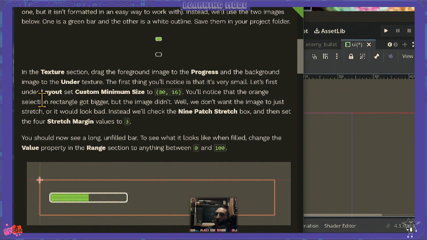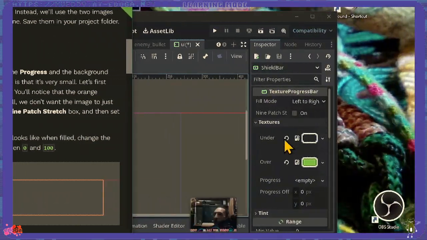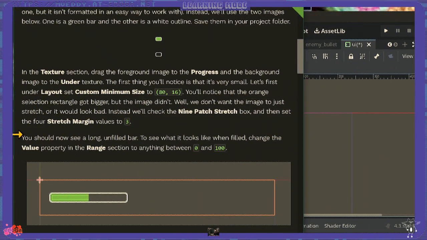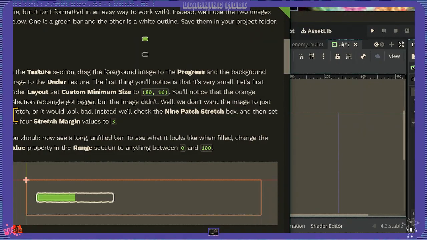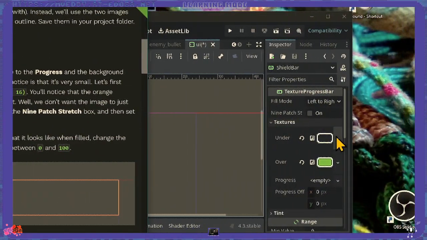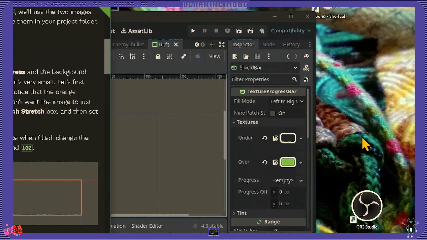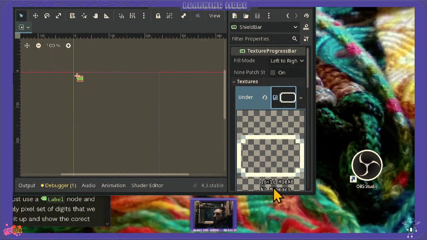Let's first, under layout, set custom minimum size to 80,16. Under, no. Background, yeah, so under, I click on it,